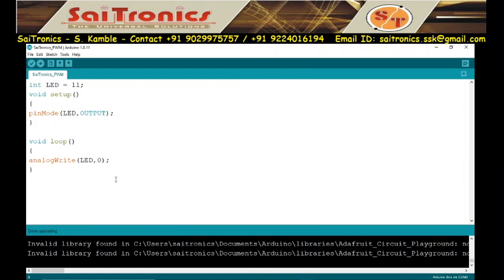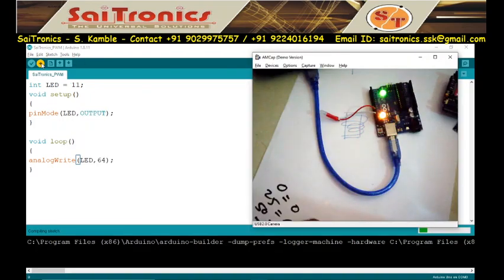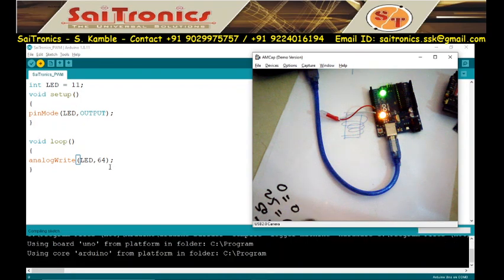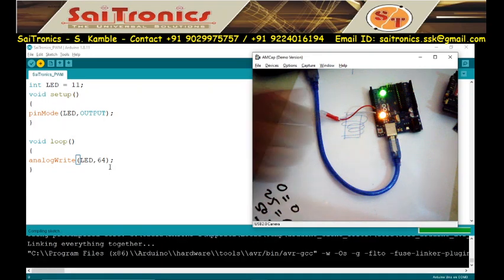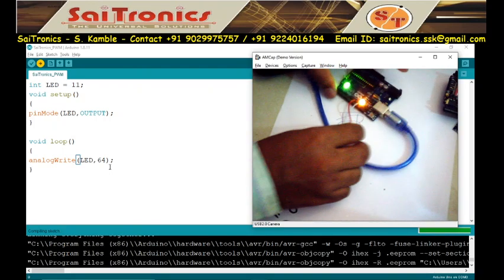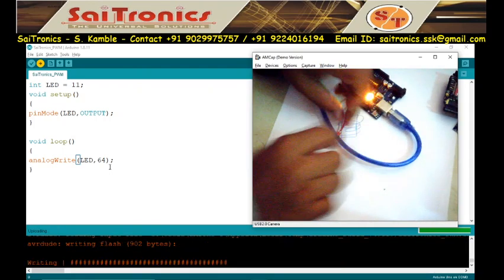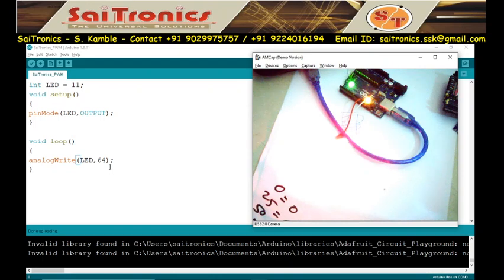Now I will write the value 64. 64 is the value for 25% brightness. So we will see what happens for 64. So for 64 this is the brightness of my LED. Done uploading.